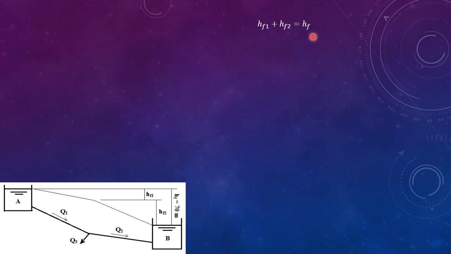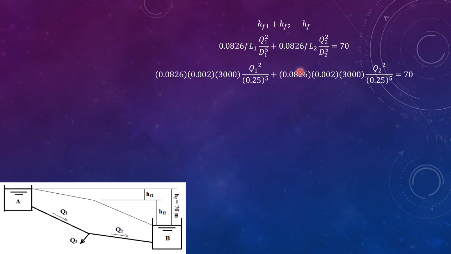Since we were given friction factor f in the problem, we will be using the Darcy-Weisbach formula. That is 0.826 f L1 Q1 squared over D1 raised to 5 plus 0.826 f L2 Q2 squared over D2 raised to 5 is equal to 70 meters. Substituting the values from the problem,